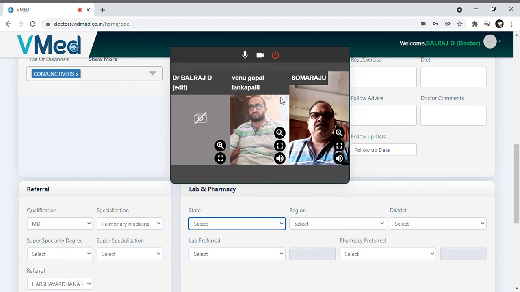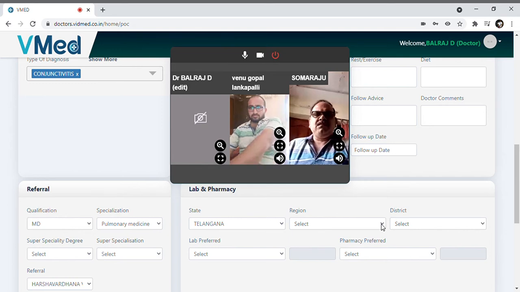Now you can see that the doctor is giving a referral to the patient for a higher consultation, and we can select the lab and pharmacies in which the patient can go and give his samples and also get the medicines from that particular area in which he is.